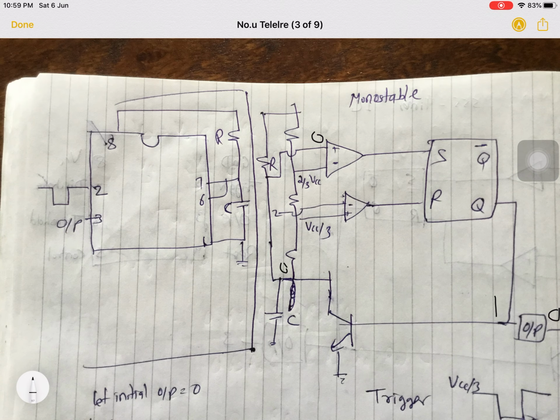When 2/3 VCC is on the negative side, which is higher than the positive side, the output will be 0. Op-amp logic output: logic 1 is when V positive is greater than V negative, and logic 0 when V negative is greater than V positive. Similarly,